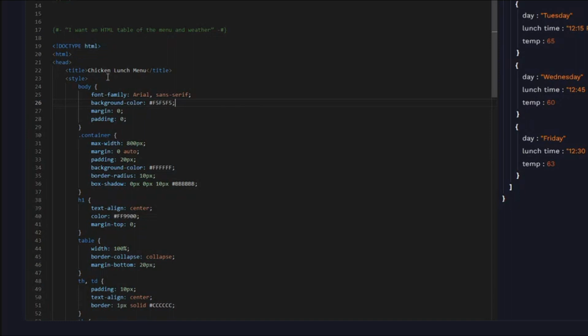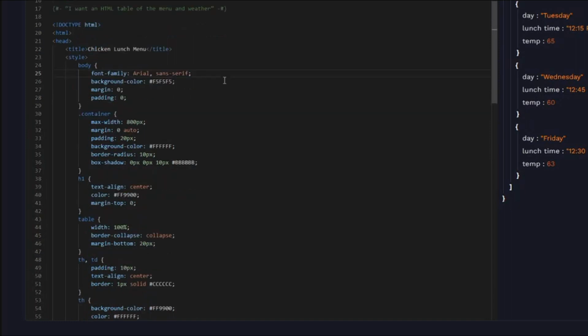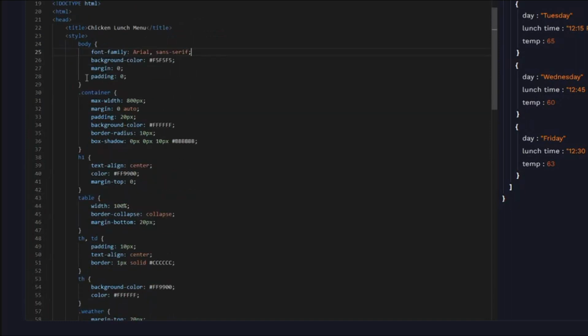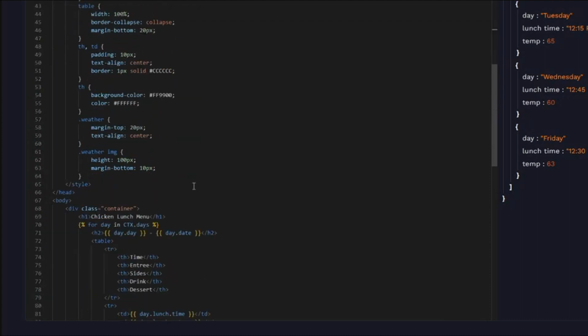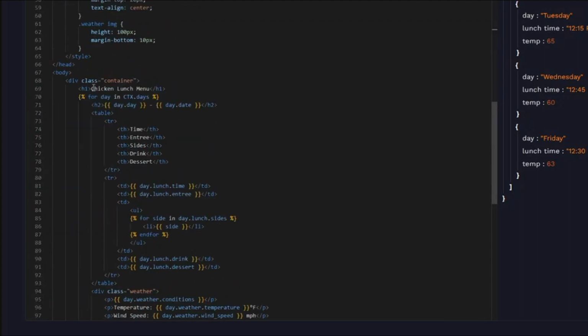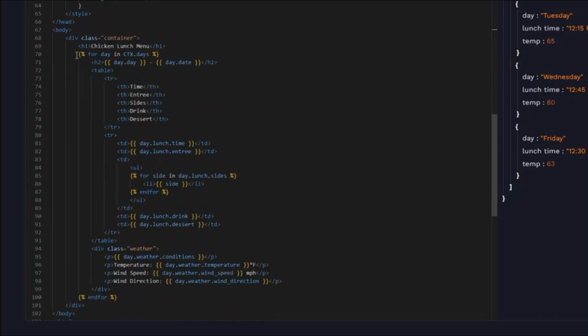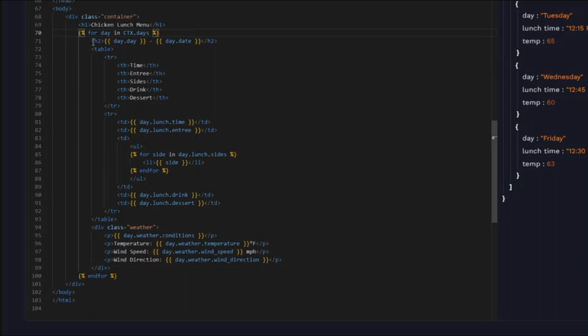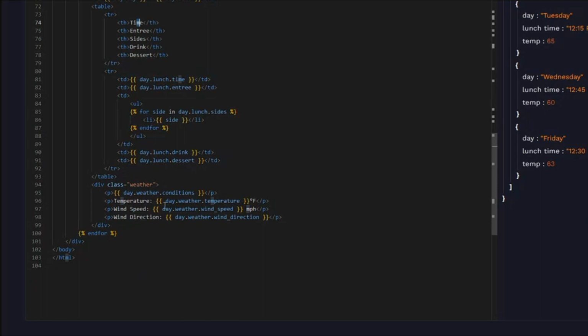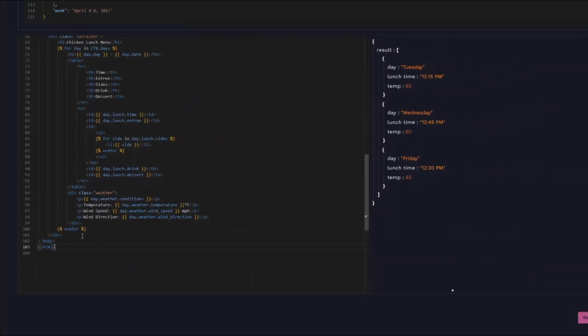So we have a title for the entire document. I've got a body. I do some style stuff, show how I want it to look. I can open up my body. I can say that we have our menu, and then within the HTML document, I can put my Jinja loop conditionals. So I'm going to loop over the day in ctx.days. I'm going to output as the heading for that day, the day and date. Show what time the lunch is, what our entree is, and a table of what we're going to have. Also have our weather in here. So if I run this,